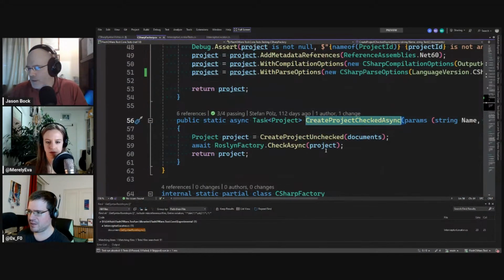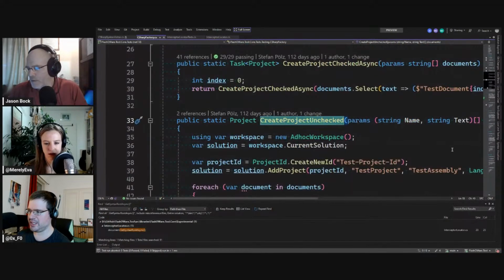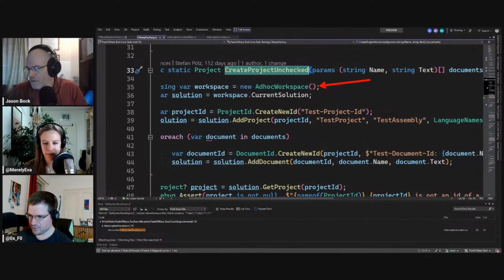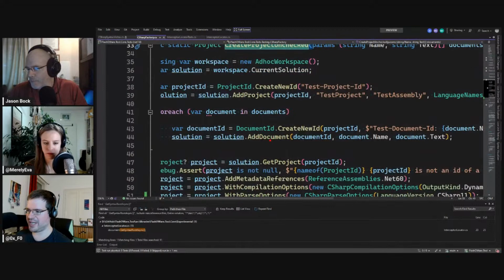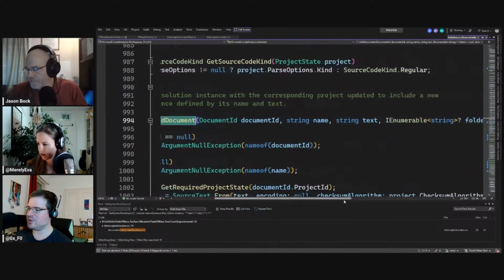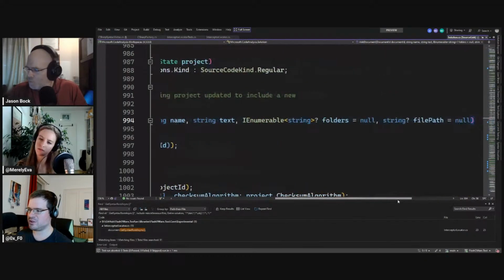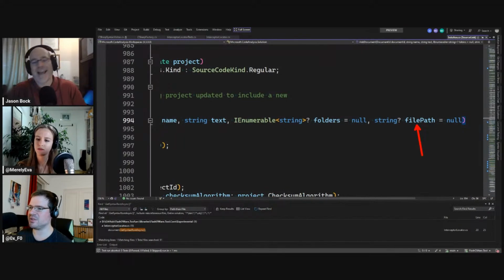Yep. When we do create, we create an ad hoc workspace, we create a new project, and we add documents with just the name. We don't use the folder, so we don't have a file path. There was a file path overload. Okay.